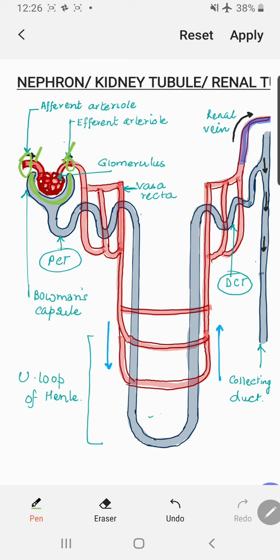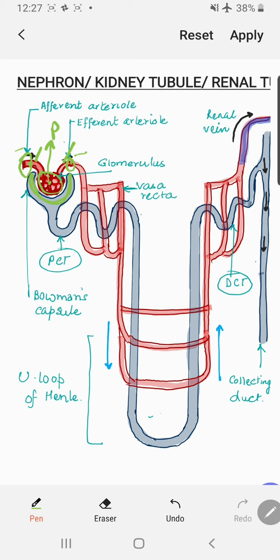That means this is wide and this is narrow. That means much blood is getting into the glomerulus but less is actually capable of escaping out. This leads to extremely high pressure in the glomerulus. As of now you just understand that this is the reason for extremely high pressure in the glomerular area. The capillaries of glomerulus face maximum pressure when compared to any other capillary present in your body, right?